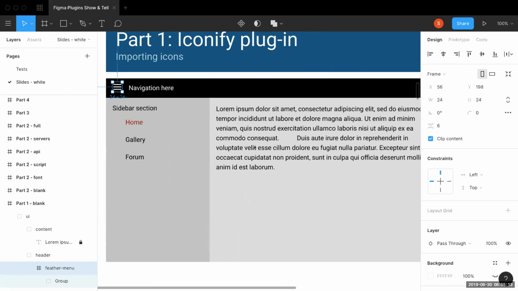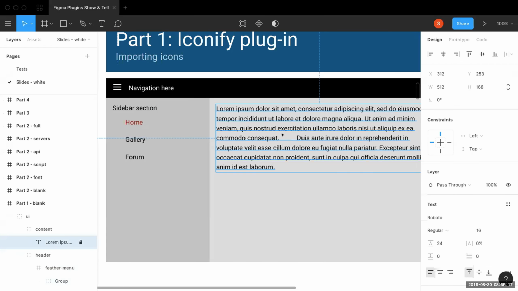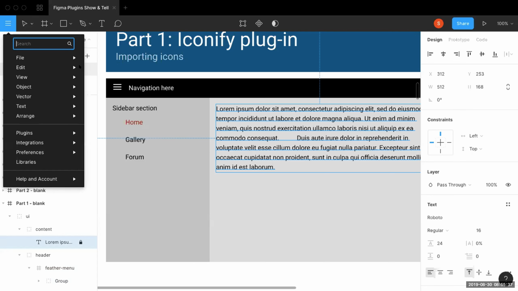In this mockup, there are also some lorem ipsum text. I'd like to add some emojis in it. Why would I do that? Because if you use emojis as SVGs, these are all vector icons, then all your visitors will see the same emojis regardless of the operating system. So it's a good idea to add emojis